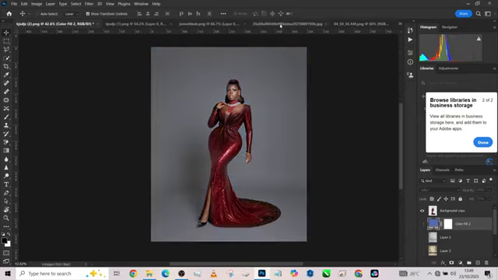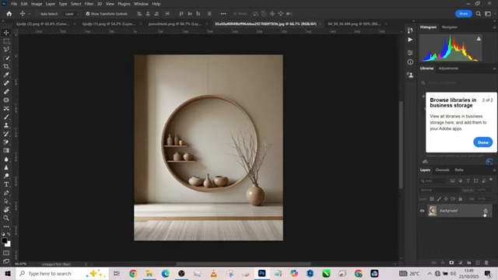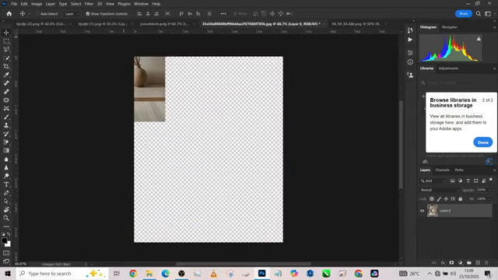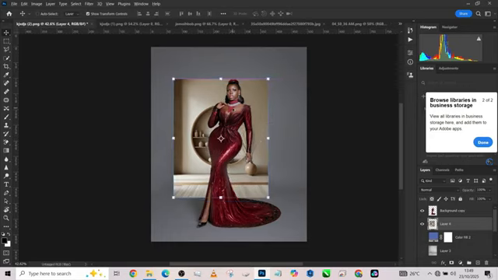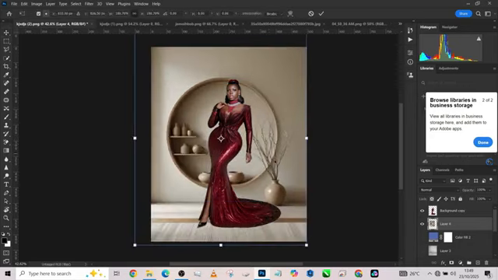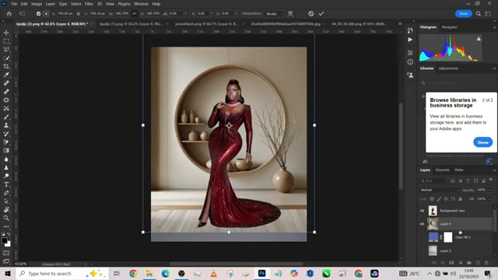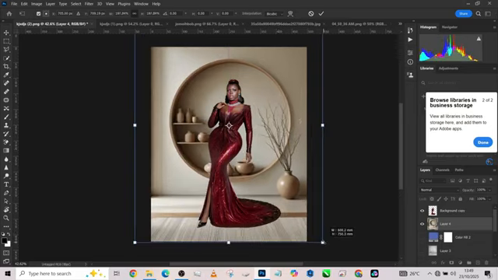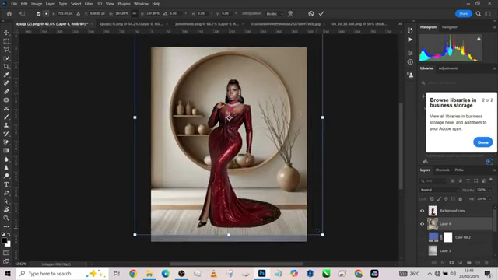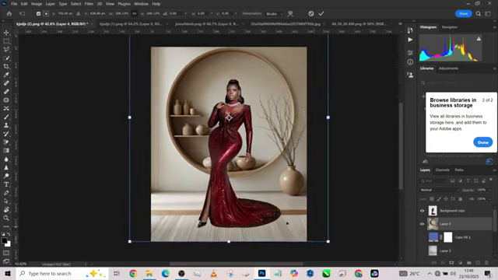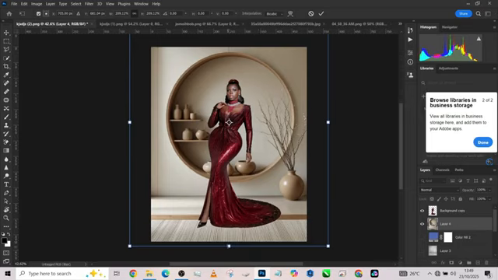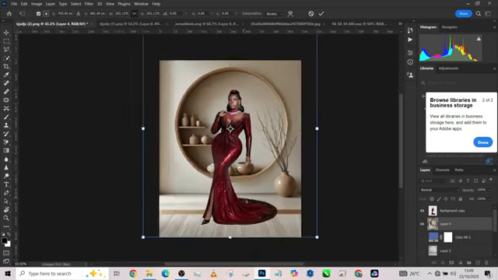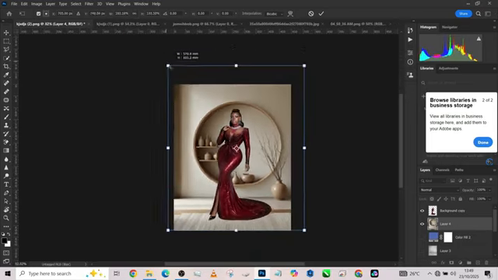Then let's try another background and see how this one handles it. This is going to look really good. Let's sit over here. So you will notice that the moment you get your image properly set for background swapping, any background you bring in is going to be a very easy job to do. You start having a lot of work to do when you don't take your time and set your image